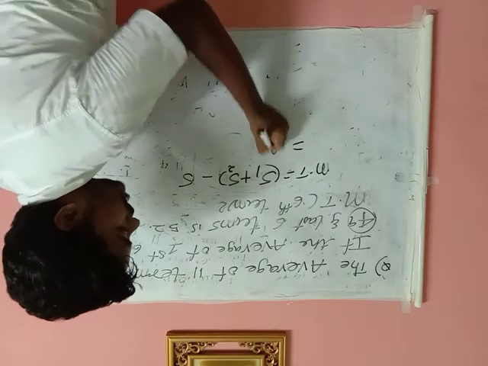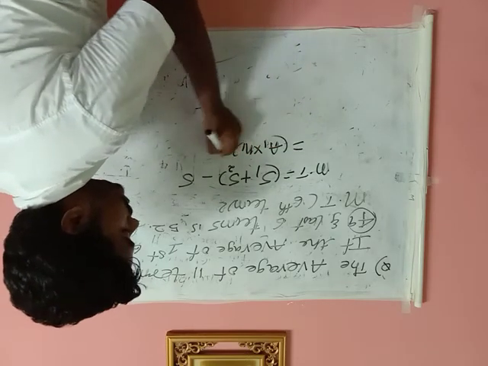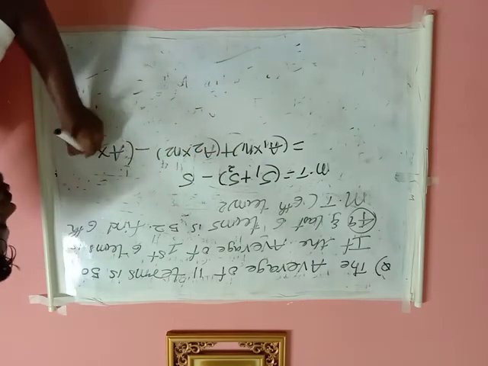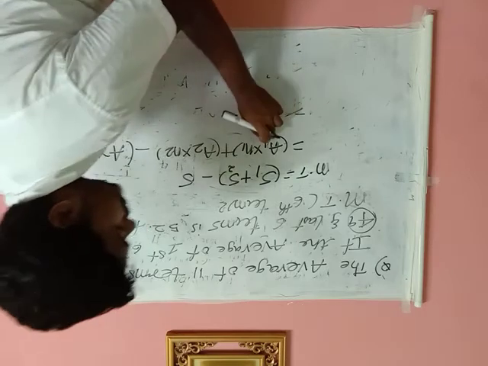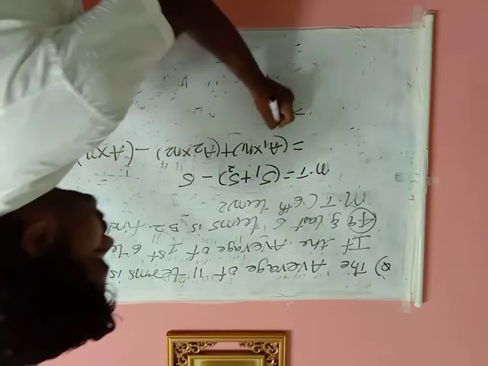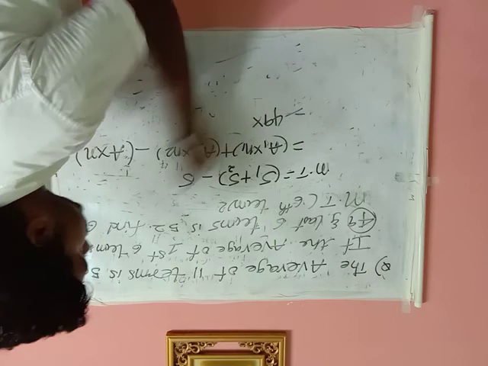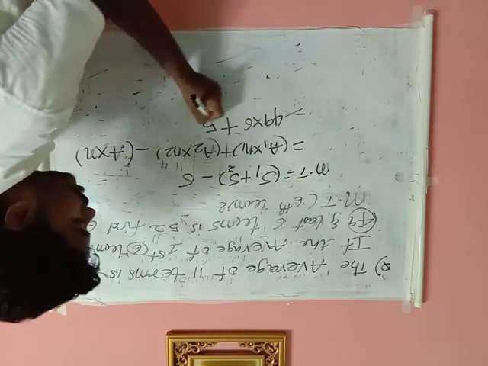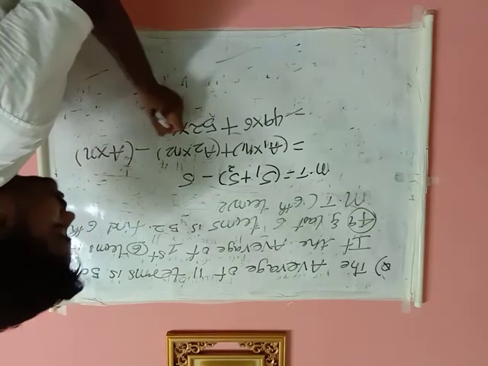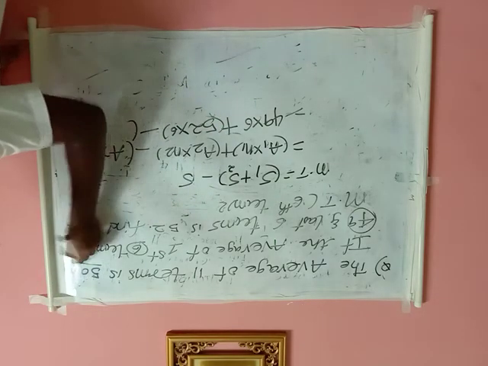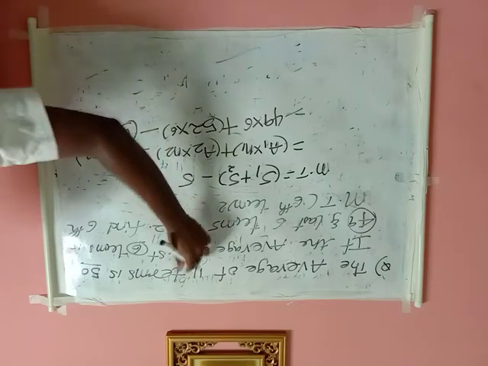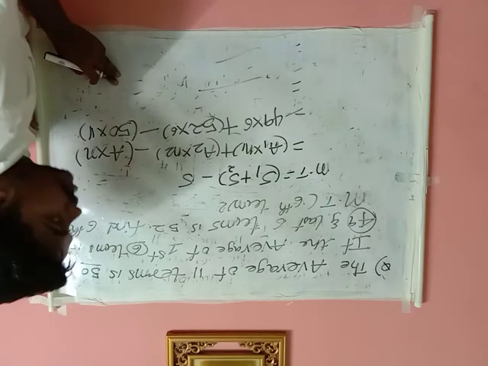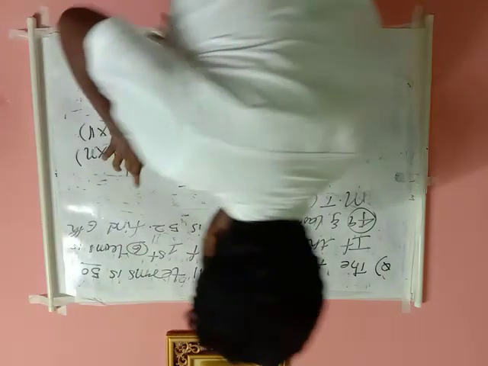So what is my S1? Average 1 into number of terms, plus average 2 into number of terms, minus total average into total number of terms. My first average is 49, and there are 6 terms. Plus my second average is 52, and there are 6 terms in the second sequence. Minus my overall average, 50, with 11 terms. You just do the calculation. So this is the way to do the midterm method.